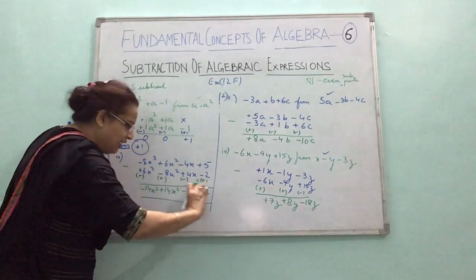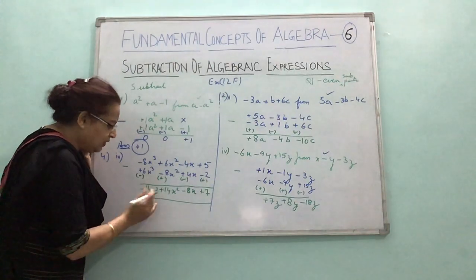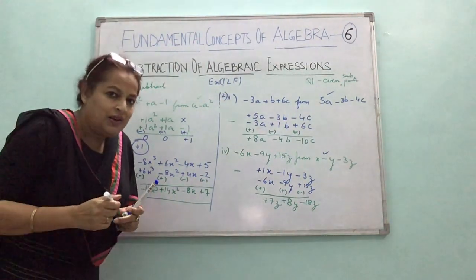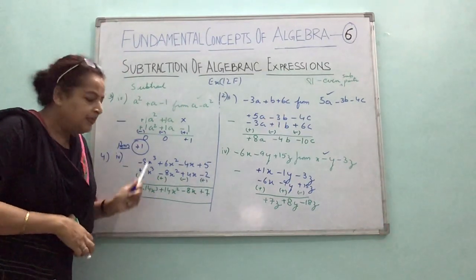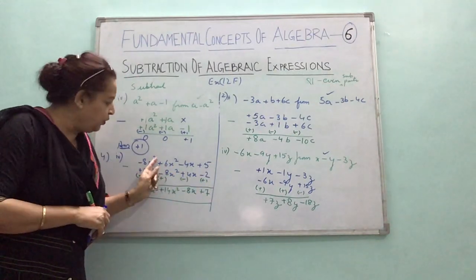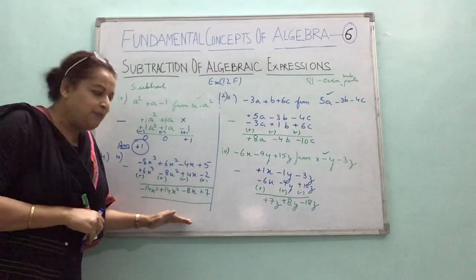Answer is coming in such a systematic way because you have arranged already in a systematic way. So it should be always in decreasing order of powers if there is only one type of variable. Now there is only one variable, children, okay? X is the variable. So then always arrange in decreasing order of powers, right? Cube, x squared, x. And your answer would also come in decreasing order of powers.